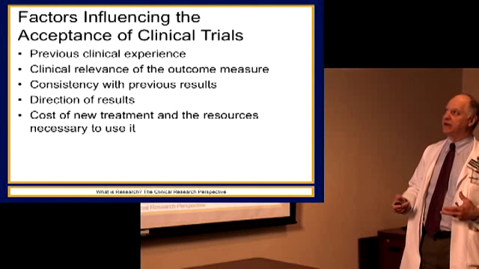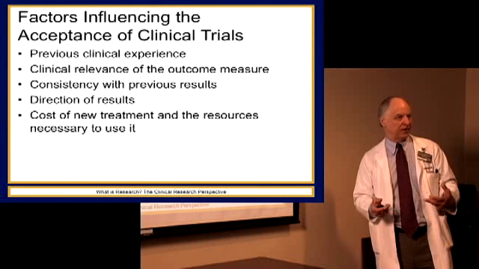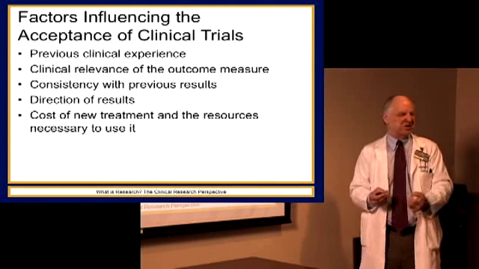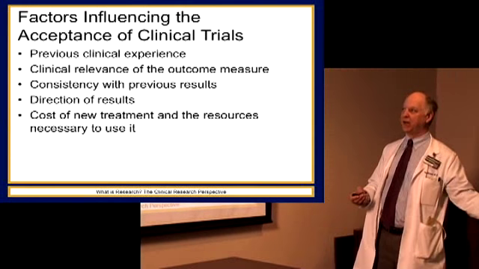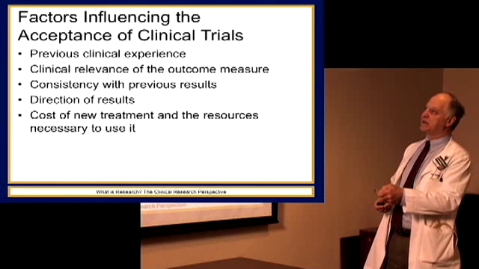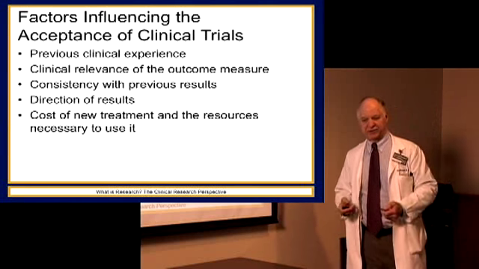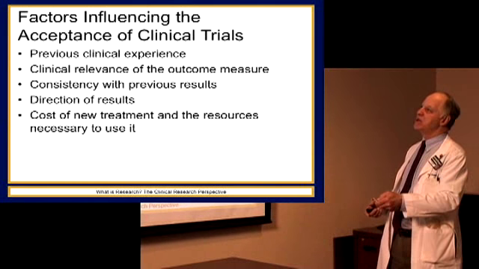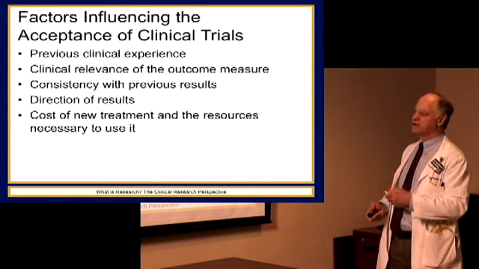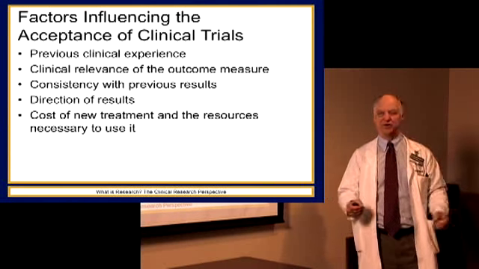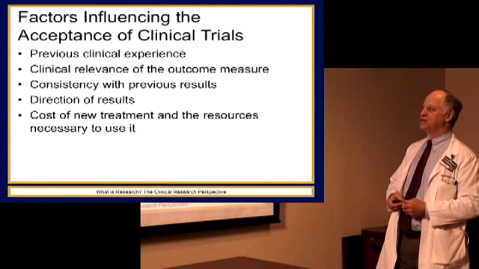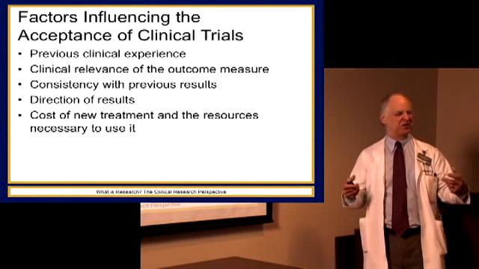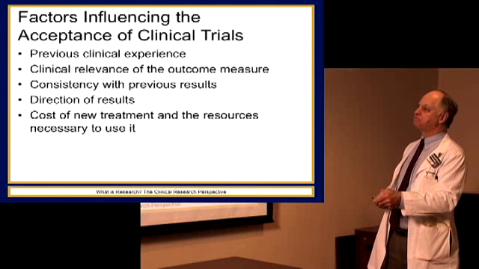Once a clinical trial is completed, there are many, many factors that influence whether or not the treatment will actually be put into place. I mentioned the aspirin story a while ago. That should be something that should be readily translated into practice, and yet it wasn't. Here are some of the factors. Previous clinical experience. So if the drug has been out there and being used for other purposes and people are comfortable with it, they might pick it up faster, for example. Clinical relevance of the outcome measure. If a drug saves lives, that's pretty clear. Okay, we'll do that. But if it might cause you to have fewer headaches over the next 2 years, it's harder to see that endpoint.